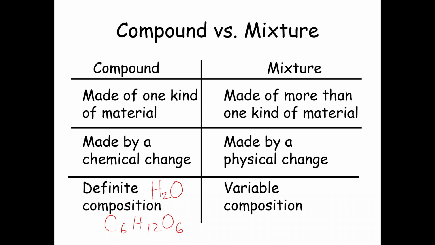No. H2O at your home, at your school, at your friend's house, in a mall, is always H2O, the ratio of 2 to 1. But in coffee, you can add more water, or you can add more coffee. So coffee may be concentrated, may be light, may be dilute. In salad, you can add a little bit of salad dressing or more. But compounds have a chemical formula because they have definite composition.